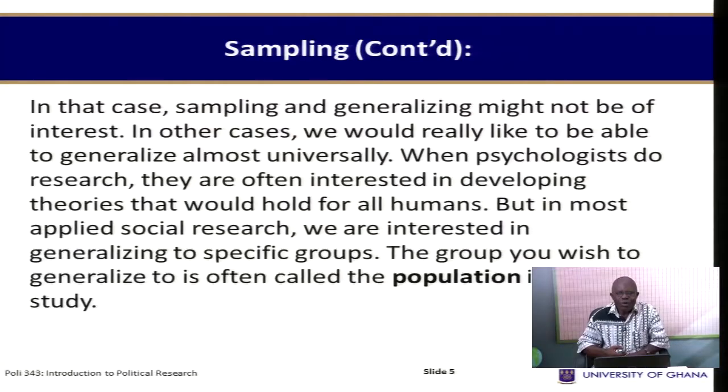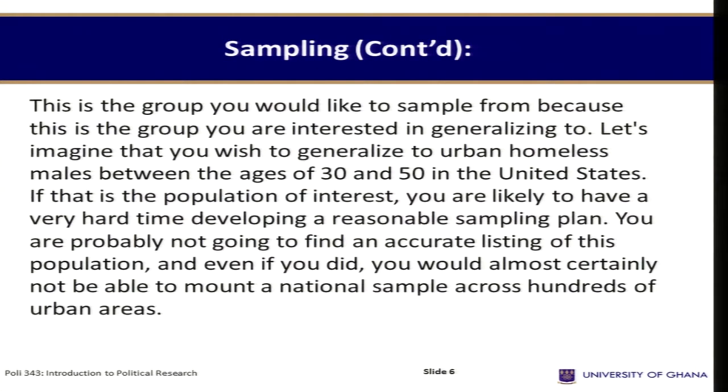In other cases, we would really like to be able to generalize almost universally. When psychologists do research, they are often interested in developing theories that will hold for all humans. But in most applied social research, we are interested in generalizing to specific groups. The group you wish to generalize to is often called the population in your study. This is the group you would like to sample from, because that is the group you are interested in generalizing